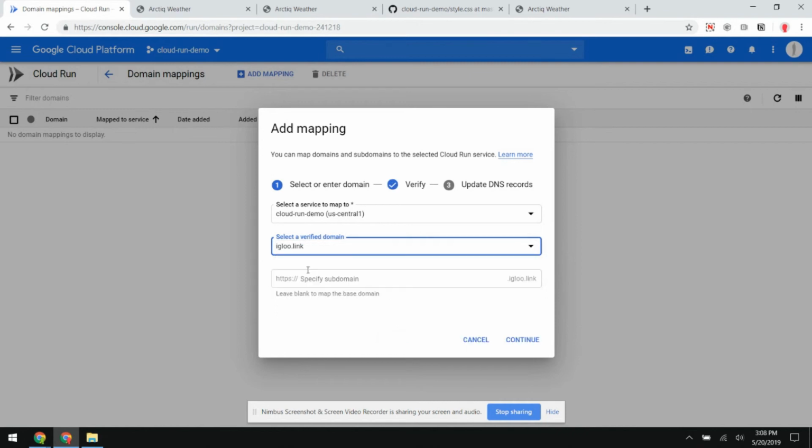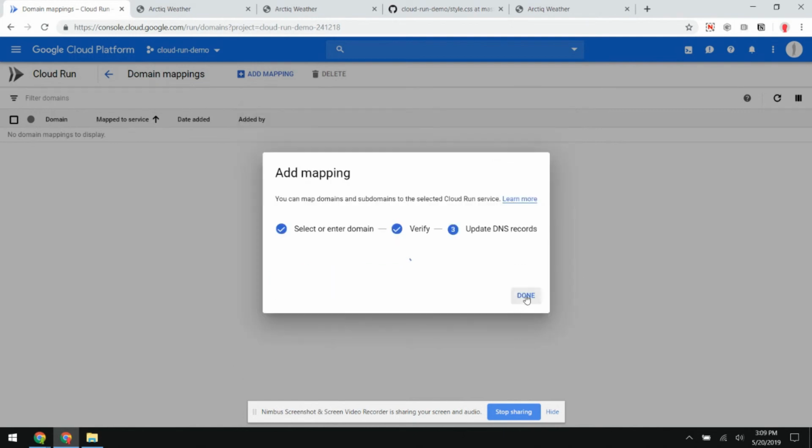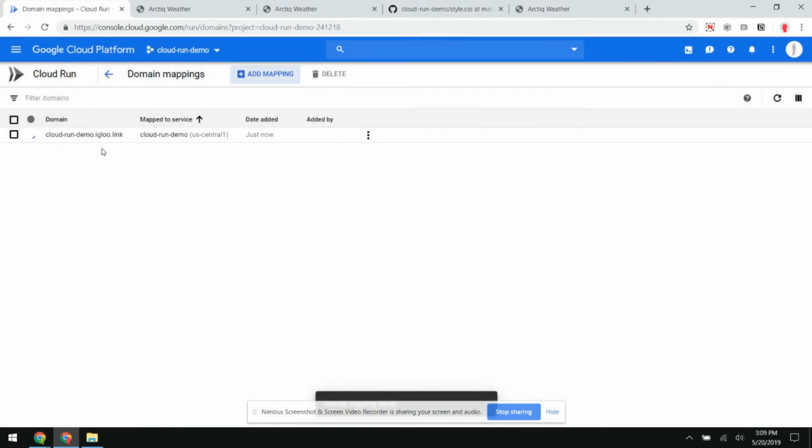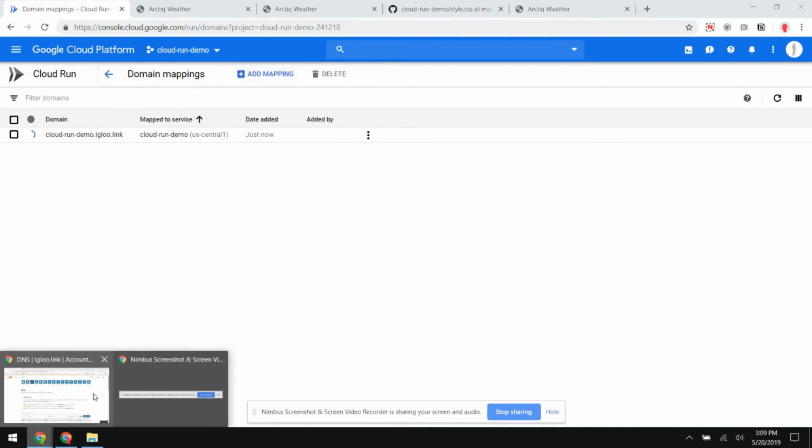In my case, it's already done, so I'll just select the domain and create Cloud Run Demo. I misspelled cloud quite badly. Cloud Run Demo subdomain. We'll continue. Done. This, in my experience, could take from a few seconds to a couple of minutes. So while this is building here, since I know what it's going to be mapped to, I'm just going to jump over to my